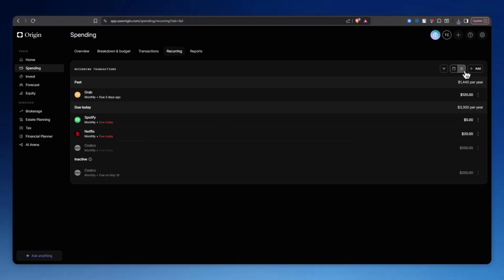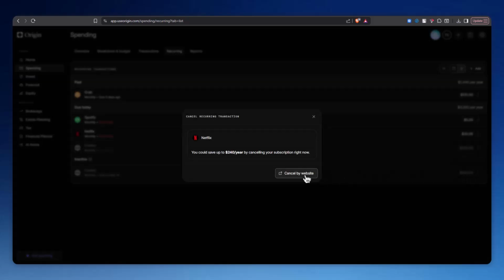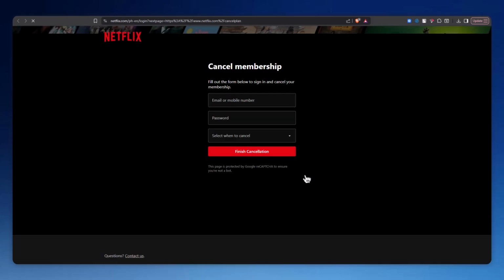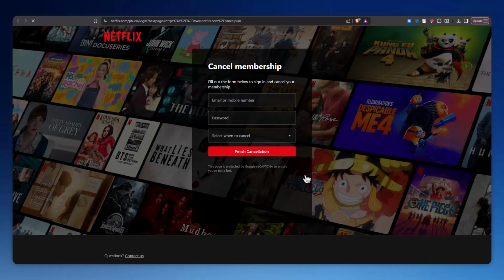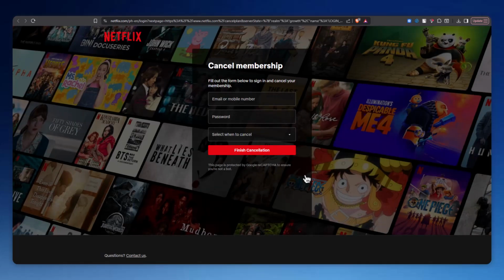If you want to cancel a subscription like Netflix or a gym membership, just tap on the specific recurring charge inside the list. If the service is supported, you'll see a Cancel Subscription button. Clicking it will redirect you directly to the provider's official cancellation page, where you can finish the process. If there's no quick cancel option available, you'll need to log in to the merchant's website and cancel it manually